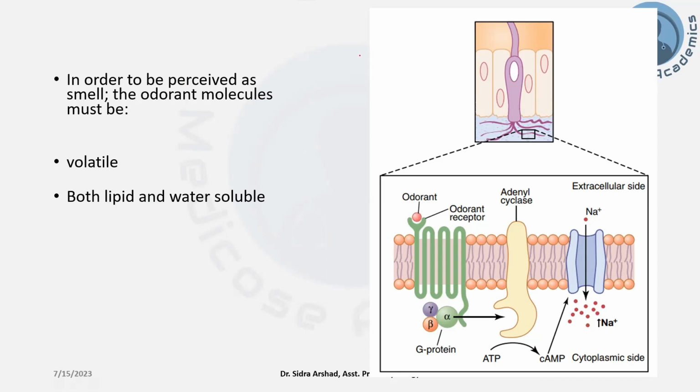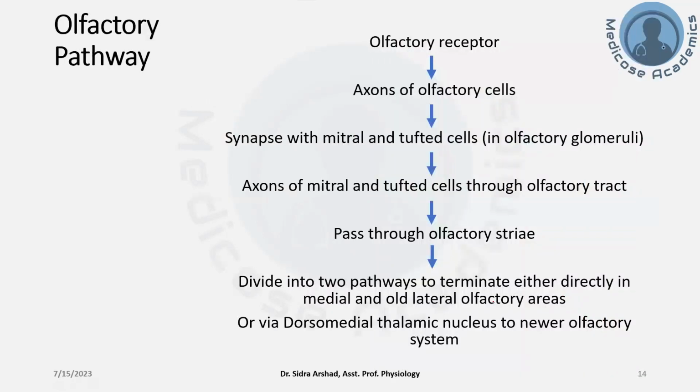Aiding them are other molecules which are found in the olfactory membrane. These molecules are known as olfactory binding proteins. They concentrate the odorant molecules in the olfactory membrane so that they can bind with their receptors. Olfactory receptors are G protein coupled receptors, with G stimulatory proteins, so that when the odor molecule binds with the odor receptor, there are increased cyclic AMP levels, which cause the influx of sodium ions and other positive ions, which bring about depolarization of the olfactory cells.